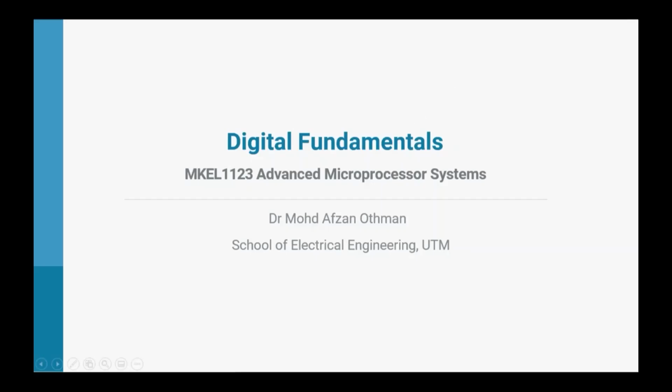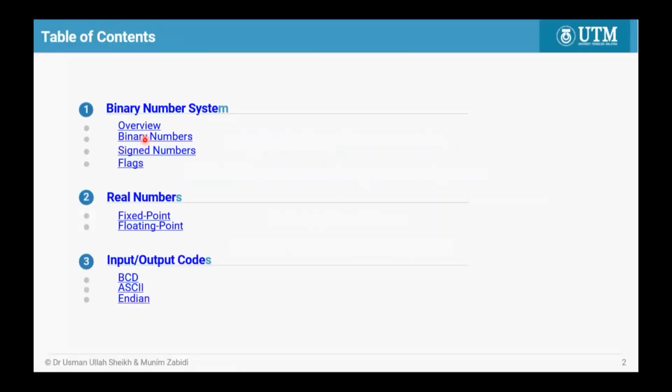Okay, so in this digital fundamentals, what you will learn here is the binary number system, which includes sign numbers, the flags, etc. And you will also learn how to convert between hexadecimal, octal, and decimal numbers. Then the second part is the real numbers, which consist of fixed point and floating point. You will learn about these, and input output codes, which are BCD, ASCII, and index. So this is the table of contents for